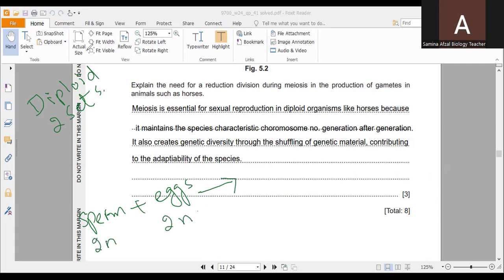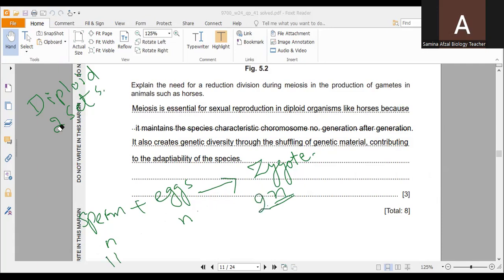The zygote formed as a result of sexual reproduction would have a chromosome number of 4n, which is not the specific species characteristic. So it cannot happen. Only if there is reductional division, then when the sperm and eggs fuse together